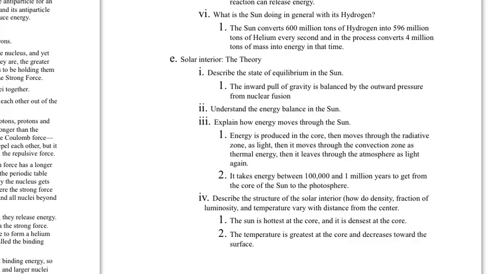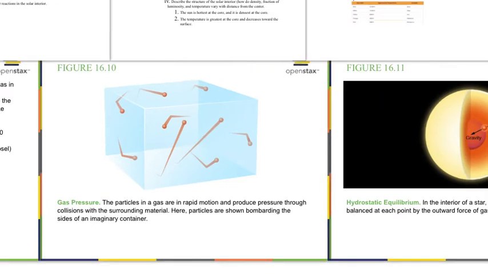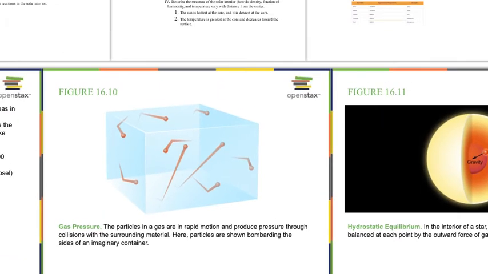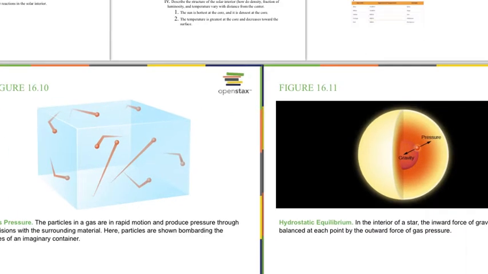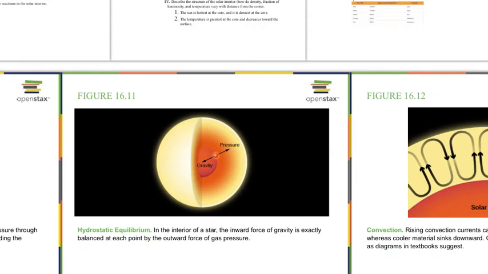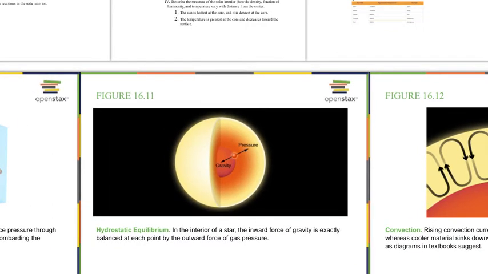So let me go back to a few of the pictures here. So this is particles bouncing around. The faster they bounce, the more pressure they create, and that's what's going on with the fusion. Gravity is trying to cause these particles to be crushed together, but they're bouncing around here, preventing that from happening. And so what you have is sort of a hydrostatic equilibrium, we call it, in which